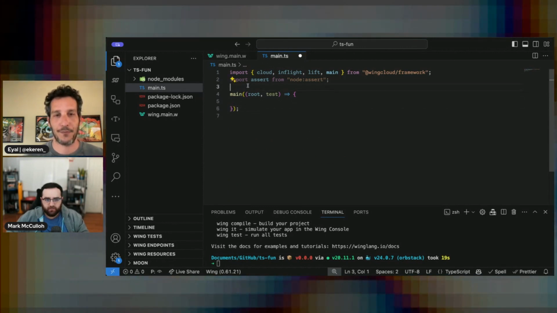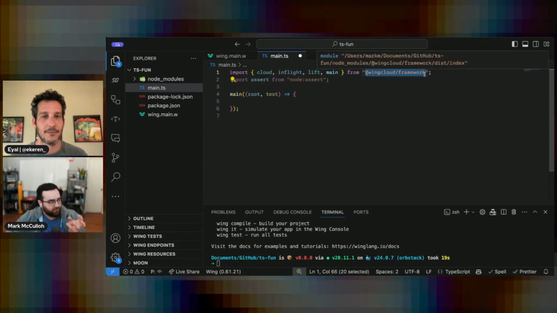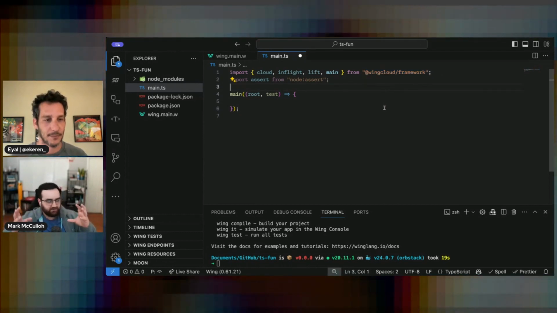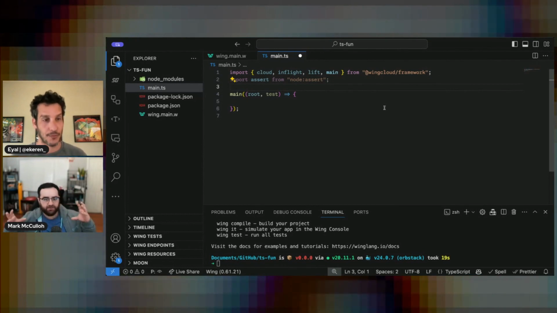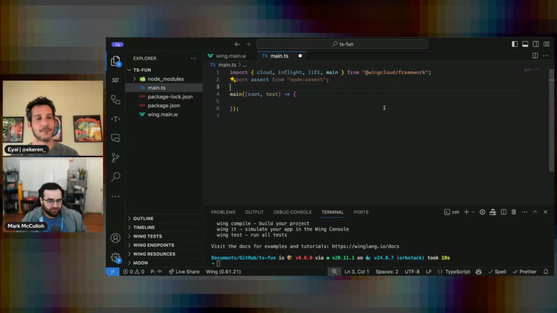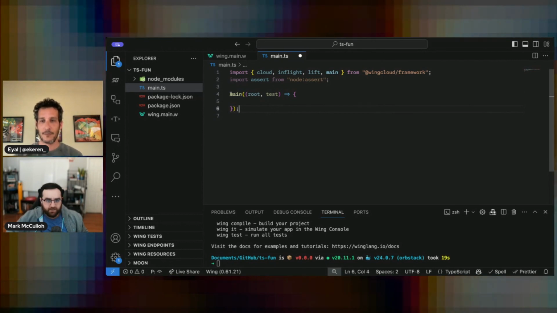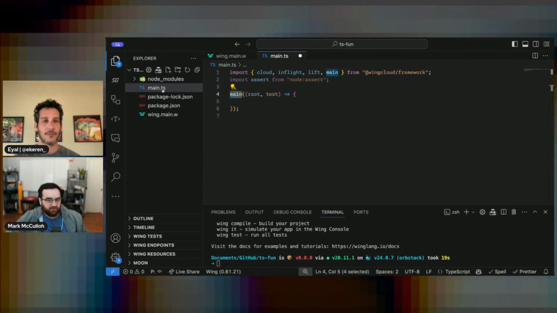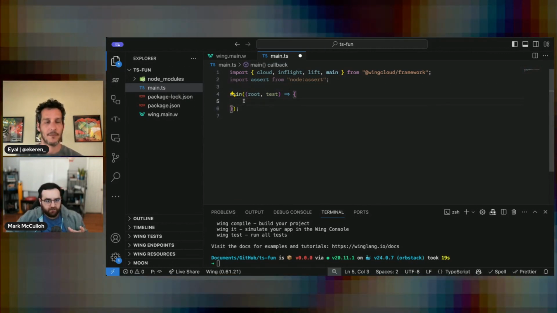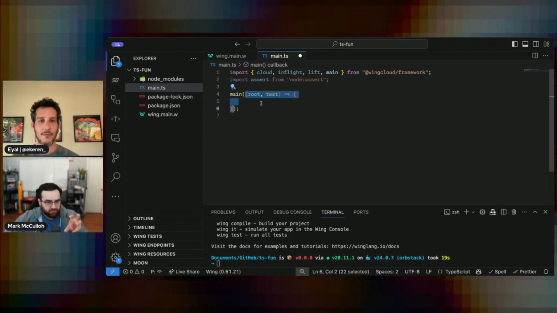So I should say the name of the actual framework. We're calling it a framework, not a library. This is a Wing application, and this is the framework to build your Wing application in. The language, however, is TypeScript. Your entry point is a main.ts file, and to match that concept, we have a main function that you call. In this function is what creates your application.